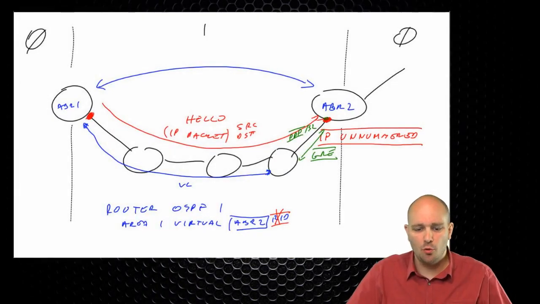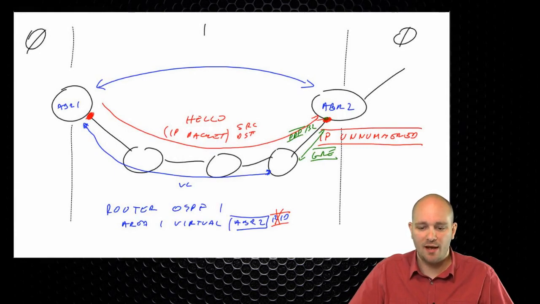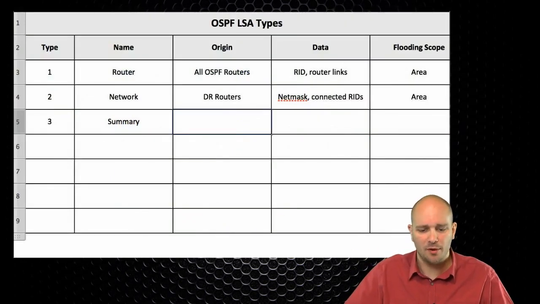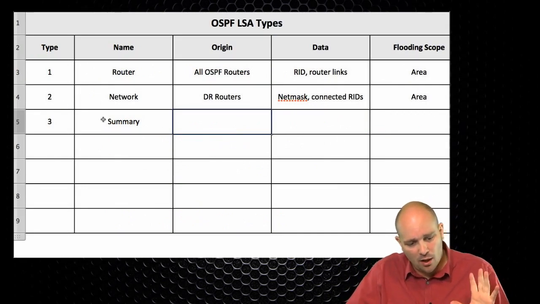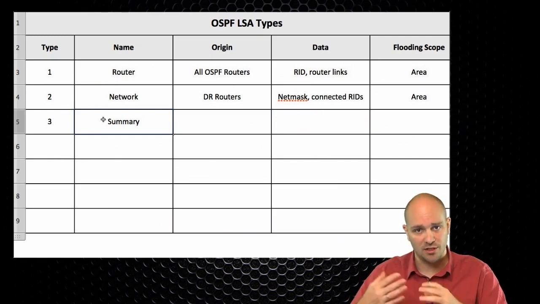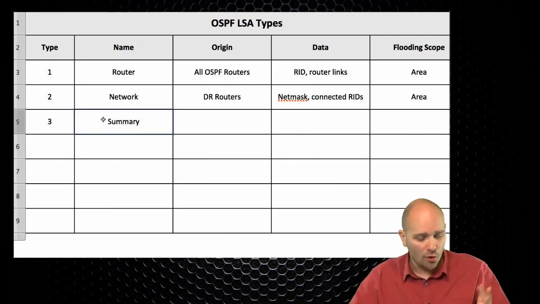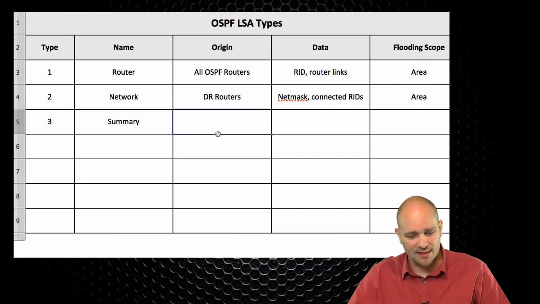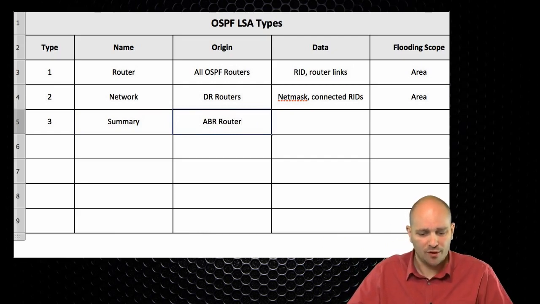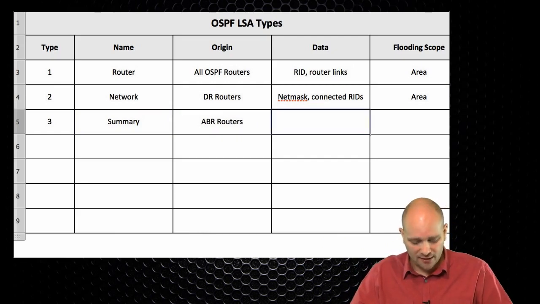At this point, you may not remember that we have actually been working on some OSPF table, but let me remind you about that. So this is the table of our LSA types. Now, I went on a tangent explaining what type 3 is, how OSPF works in an inter-area environment. So knowing all that, type 3 LSAs are actually going to be generated by ABR routers, or the area border routers. And the data contained will be summarized information